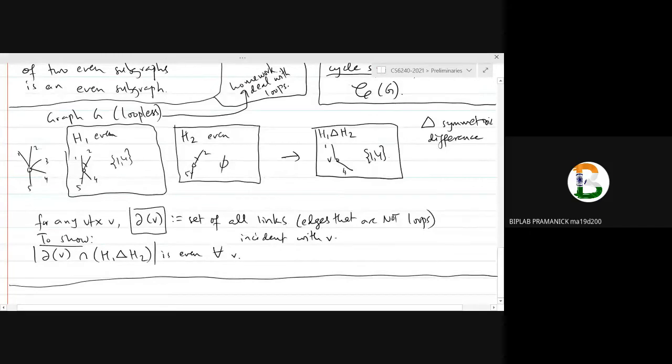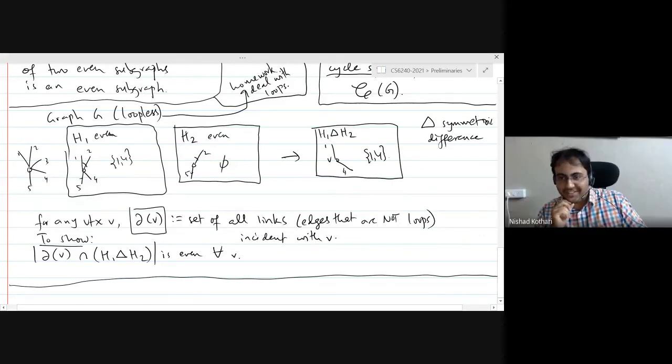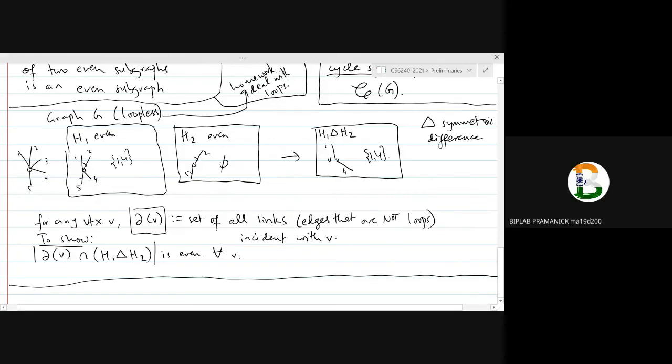Sir, that's a question. You told that the symmetric difference of any two even subgraphs is an even subgraph, correct? But I'm thinking that the intersection of any two subgraphs, is it even? You think about it yourself. Maybe think of some examples and we can take it on Piazza. I'll tell you the answer: it's not true. What if you take an odd subgraph and you take the empty set and you take a symmetric difference of those two? That will be odd.